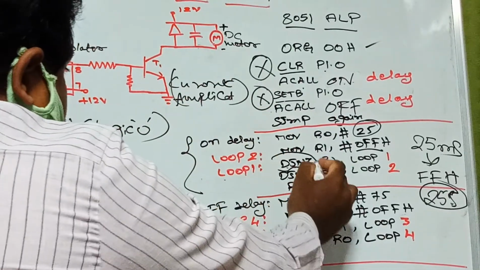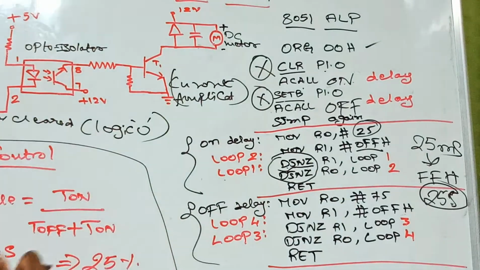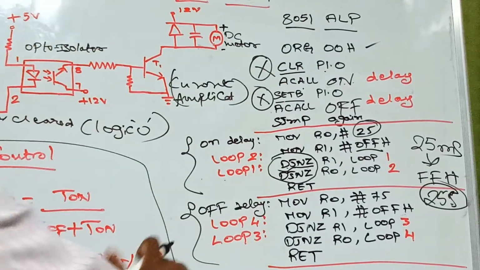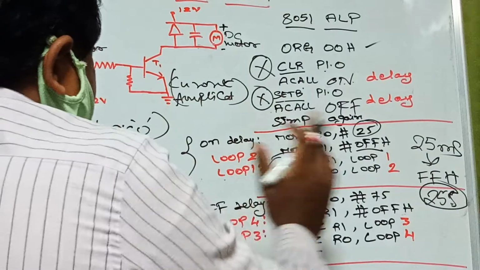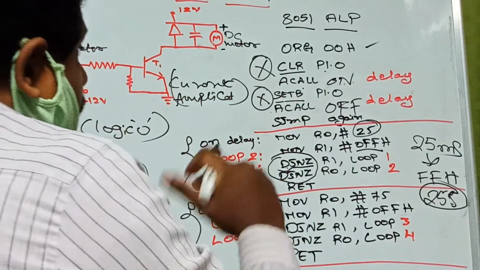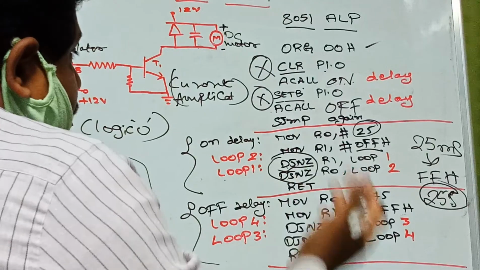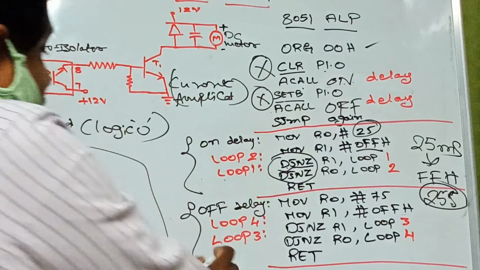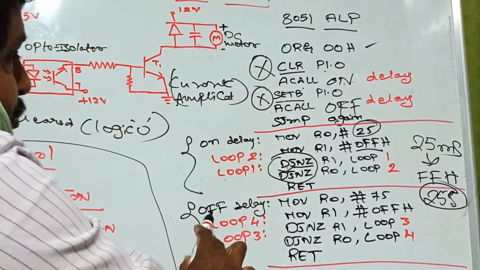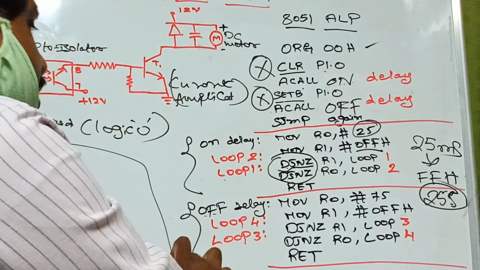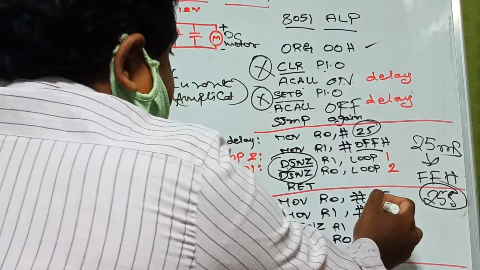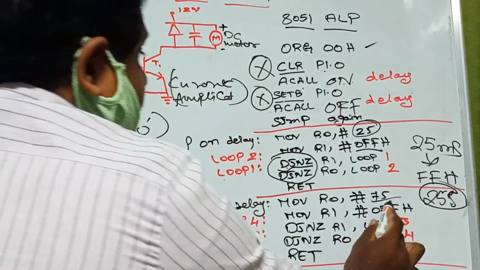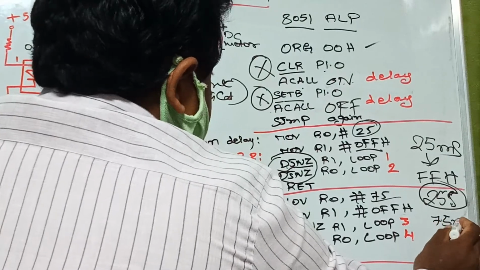So these are the two instructions used to decrement the counter to turn on the DC motor. Once the DC motor gets turned on, for 25 milliseconds it will be in the on condition. Then after the 25 comes to 0 milliseconds, it will switch to the off state. Then it will jump to another subroutine called half delay. This is what we call a half delay. Here also I have to give some delay, that is 75 milliseconds. MOV R0, 75. Here 75 stands for 75 milliseconds.